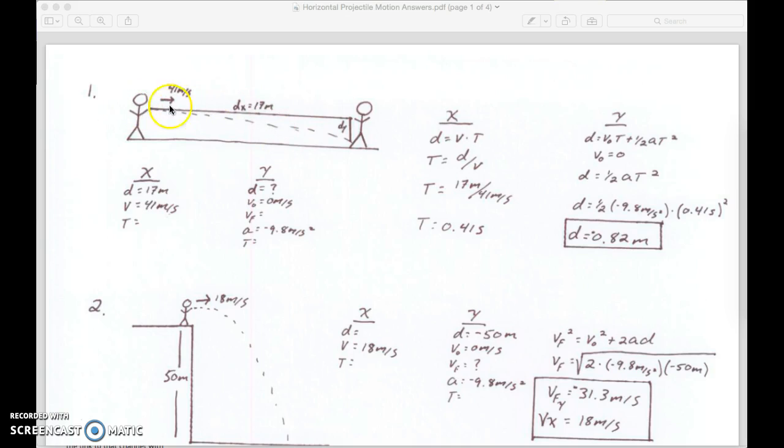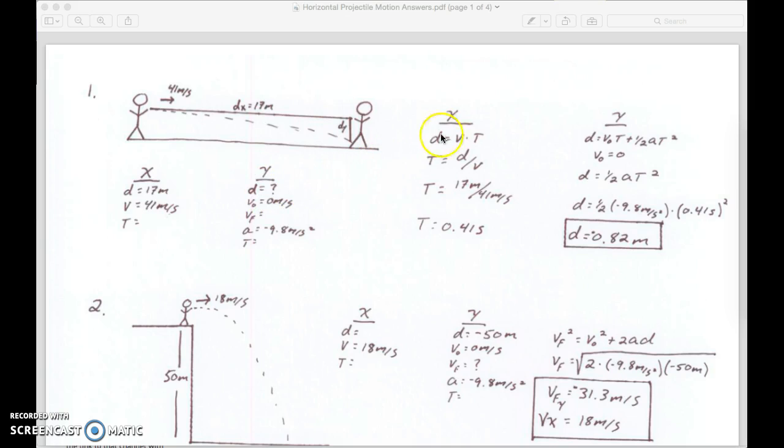So 17 meters is how far away they are from each other, so that's the displacement in the x direction. The velocity is in the x direction because he's throwing it horizontally, so that's also right here. We're looking for d in the y direction, how far it's going to be falling, and the initial speed is 0 because he's throwing it horizontally, and the acceleration, because it's in midair, is negative 9.8 meters per second squared. I'm trying to find the d in the y direction, but I need 3 numbers. I only have 2 numbers, so I'm going to have to go to the x direction, solve for time, and then use it in the y direction in order to solve for what I really want, which is the displacement